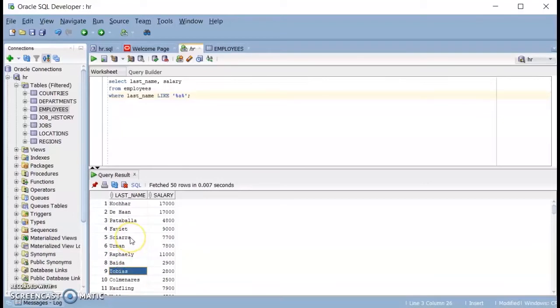last name. What if we want the employee's name to start with K? How can we find employees that start with K? Inside this LIKE operator, we use K, then after K it can be anything. So if we execute this one, we get all the employees that start their last name with